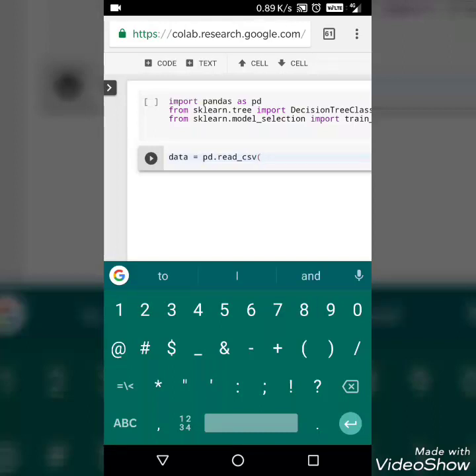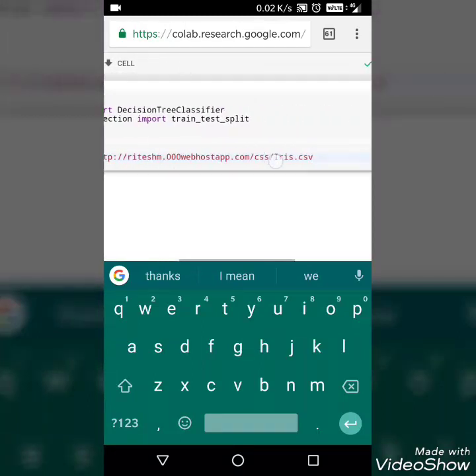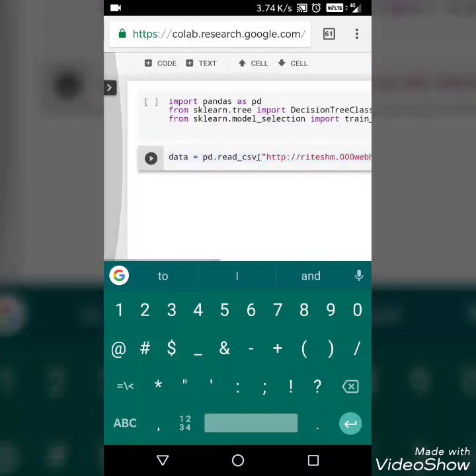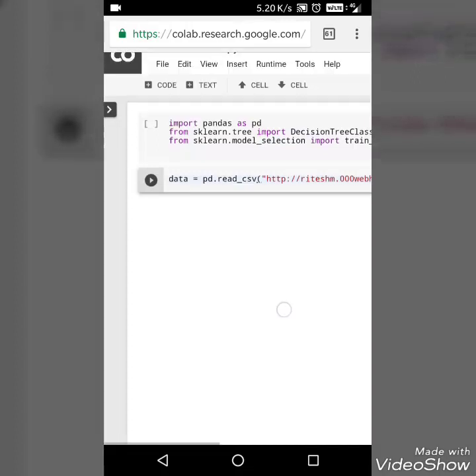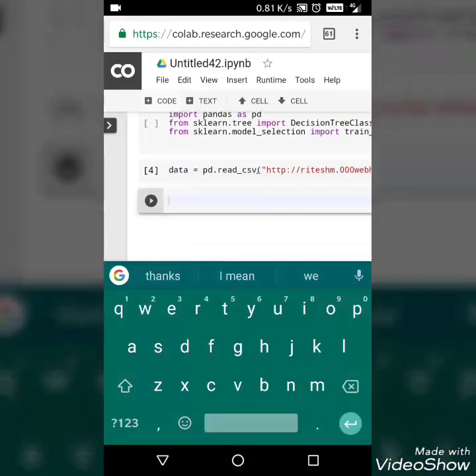So inside the parentheses we have to provide a link to a CSV file. I already copied it to my clipboard, so let me just paste it here. So paste. Remember, the link should be in double quotes. And then close the parenthesis, and then you have to execute the code. So let me just click on it and then execute it properly. So now to add an extra cell, let me click here. So move to the third cell and type